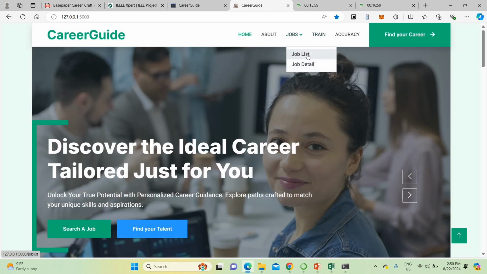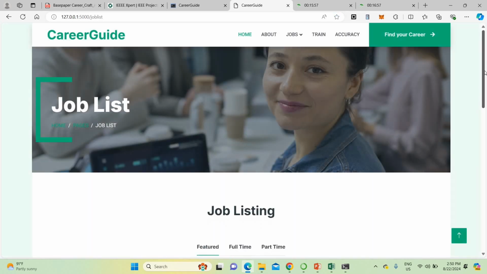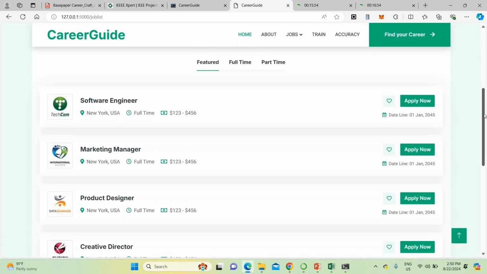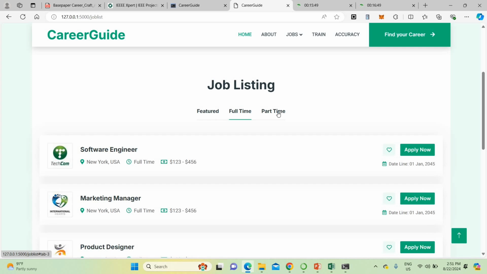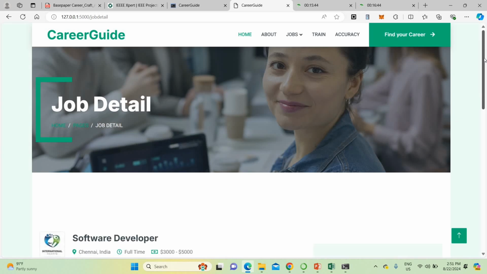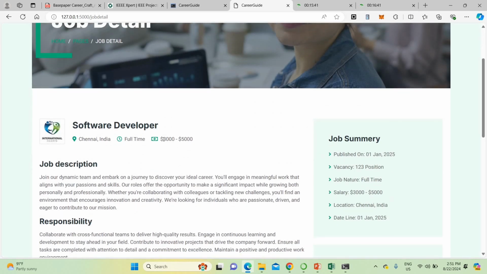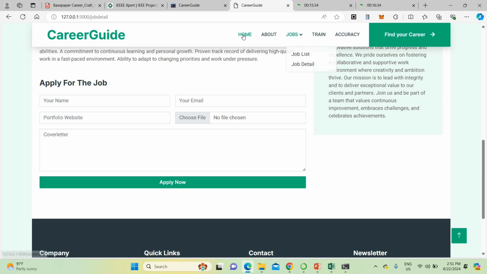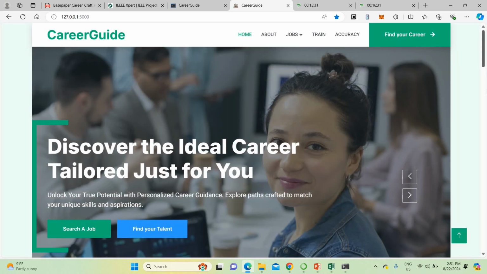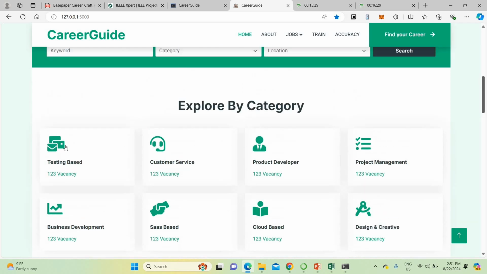Then I'm going to the home page. Here we have given the job list. In the job list, you can read the upcoming jobs and the requirements they have posted on our website. Full-time, part-time jobs and so on. This is some sample only. You can get the job details also here. For example, software developer job, location Chennai, the expected salary, and up to which time it is valid. Everything is given here. You can apply also. This is a sample only, keep that in mind. In the home page also, you can explore the jobs and everything.